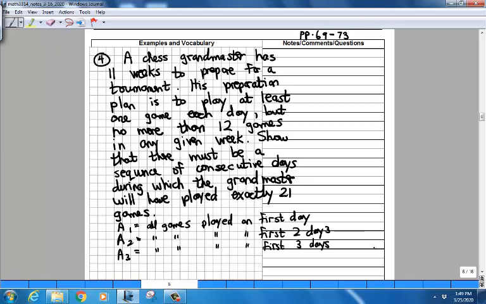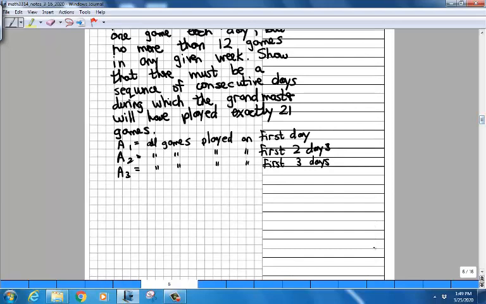All right. So again, these capital A's are sorts of partial sums, right? They're partial sums of games played on a sequence of consecutive days from the beginning, right? So we continue building these partial sums until we get to the last day, and so he's practicing for 11 weeks before this tournament. So there's 77 days, right, in which he can play games. So finally, capital A sub 77 would actually be all games played on the first 77 days,